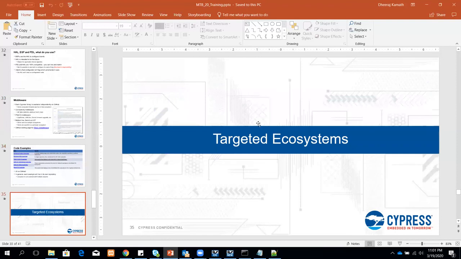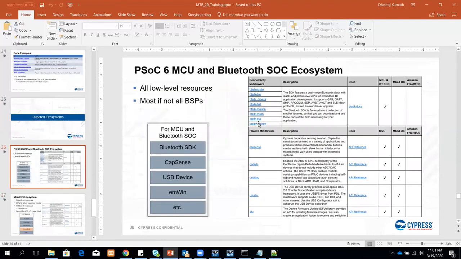So let's talk about these different ecosystems that we now support. The first ecosystem is the PSOC 6 MCU and Bluetooth SoC. Here, all the low-level resources that we discussed are supported. In this table, we list the libraries, and then we also list on what ecosystems each is supported.